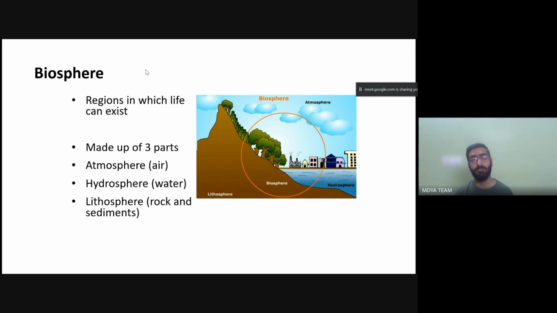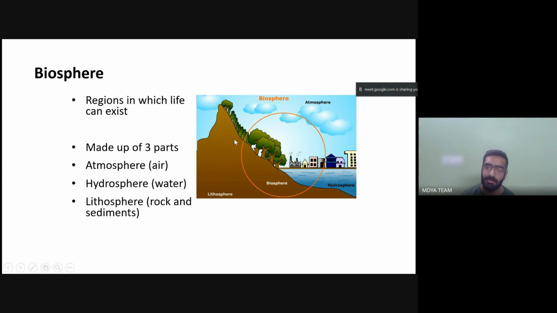Biosphere consists of all three parts: the atmosphere, the hydrosphere, and the lithosphere. In the lithosphere some species could live. In the hydrosphere also there are species which live, the aquatic animals. At the atmosphere also there could be some form of species that could live. But biosphere combines all three parts, so it consists of the maximum number of species that live. This is called the biosphere, the region where life exists.